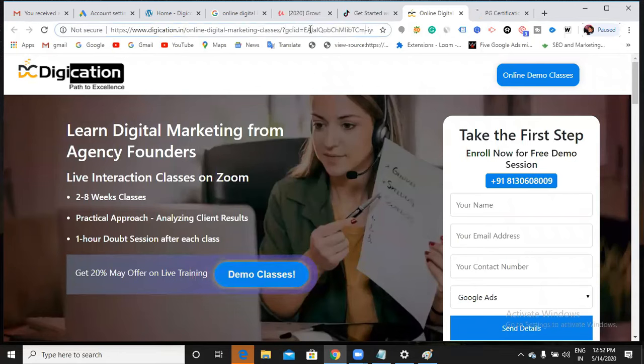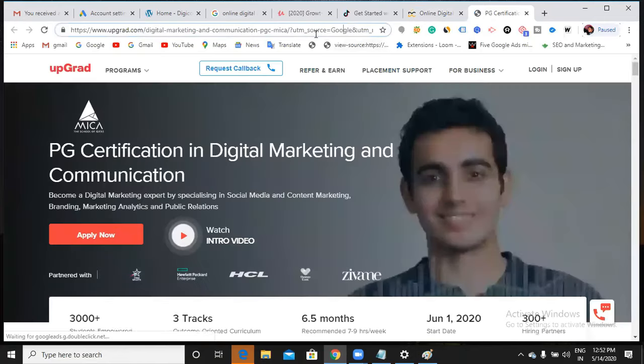For this ad also they are showing the GCLID. Now let me check this one. Again, can you see now? UTM source equals Google. They used a Google source, and medium search network, and campaign. Can you see the campaign and Google search? So how is the URL changing? Because they use the tracking template, and content online digital marketing course, and term online. And they are using GCLID also. They were using the tracking template and GCLID.